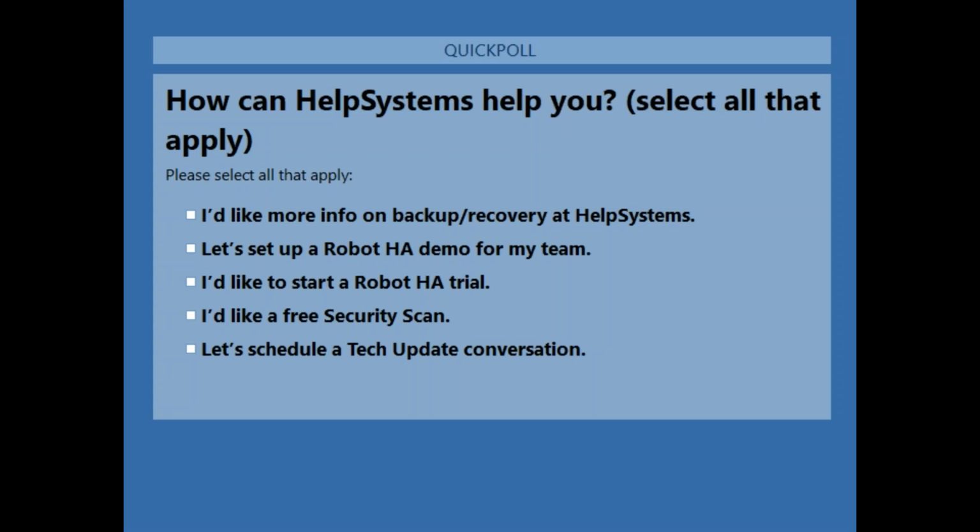Yeah, that's a great discussion that we have. I just had one of those this morning, in the wee hours of the morning here, before we got started, working with a customer and taking them through what's new at Help Systems. Great discussions. The free scans are something we've been doing for a long time now, and very valuable discussion with customers to help pinpoint what's going on. And then, of course, if you're interested in HA, we always do trials and demos on the Robot HA product. We also can show you some things in combination with Power HA if you'd like to. So, the world at Help Systems has changed quite a bit.